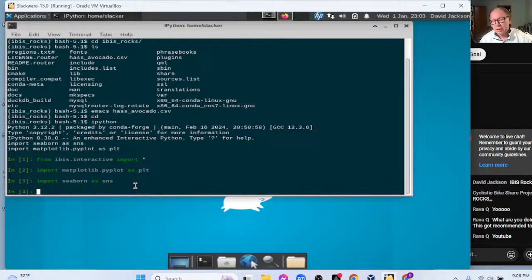And what this first statement gives us, as you'll see, is access to a couple of different APIs. It's part of Ibis.